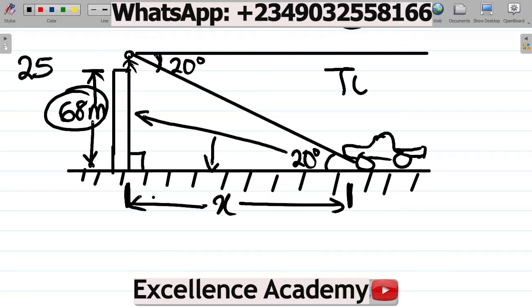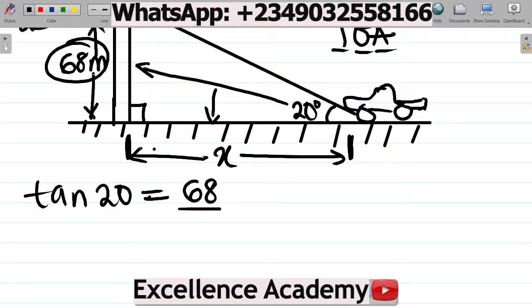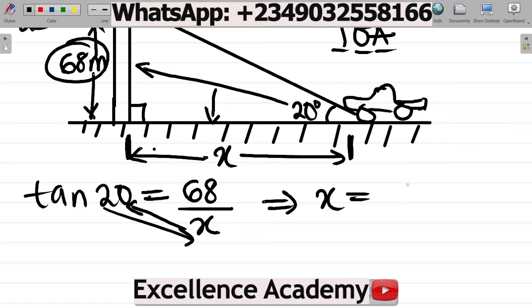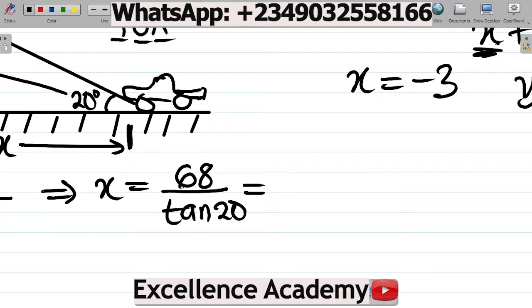Don't forget that tan is TOA: tan is equal to opposite over adjacent. So we can say tan of the angle, 20 degrees, is equal to opposite, which is 68, all over adjacent, which is x. To get the value of x, x goes up here and tan 20 comes down. So x is equal to 68 all over tan 20. If you take your calculator and punch 68 over tan 20, your value will give you